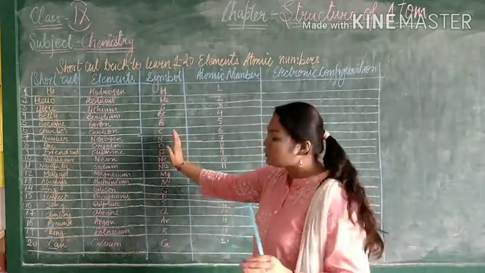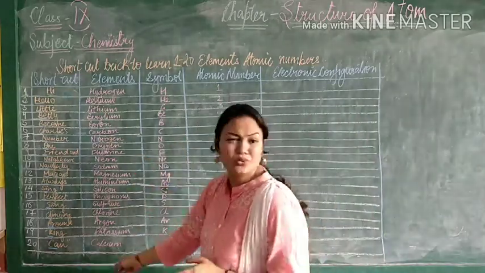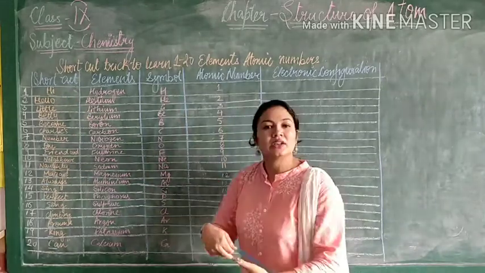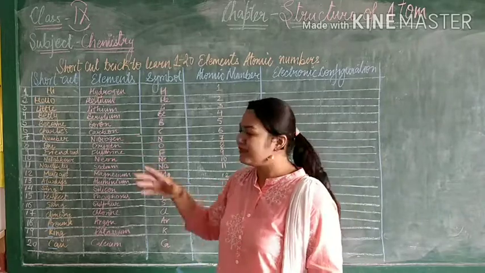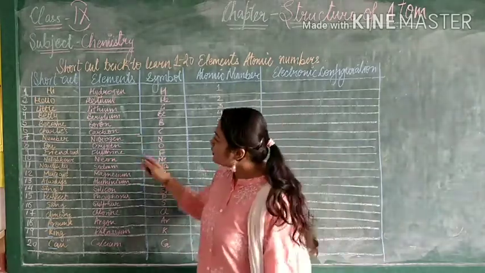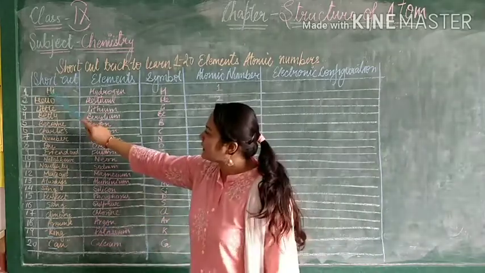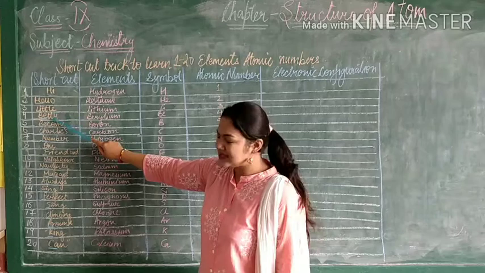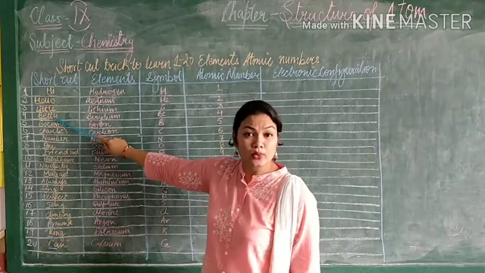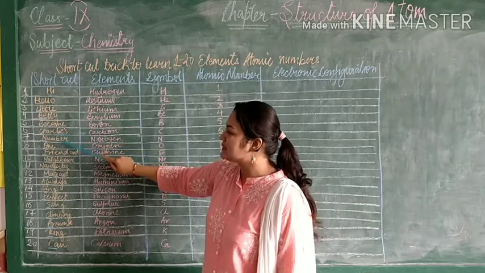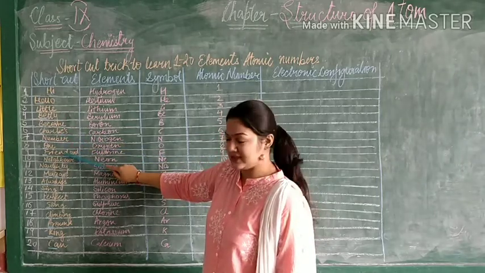If you are not able to learn the symbols, then there is no use of the shortcut. So please do learn the symbols before learning the shortcut. And this is a very small shortcut. You will learn it very quickly. So how? See, the shortcut is: Hi, hello, little Betty, become Charlie's number 1 friend.